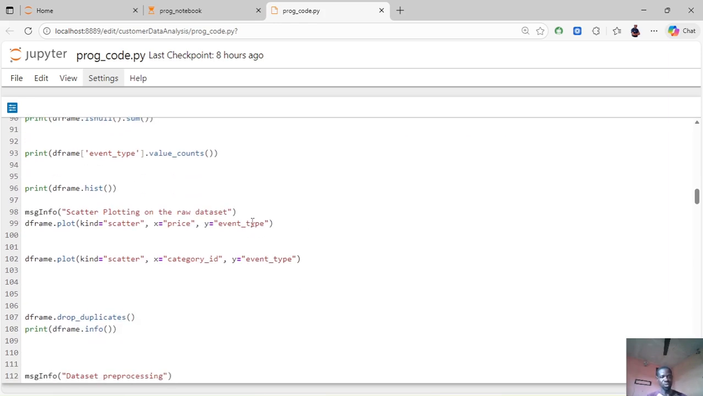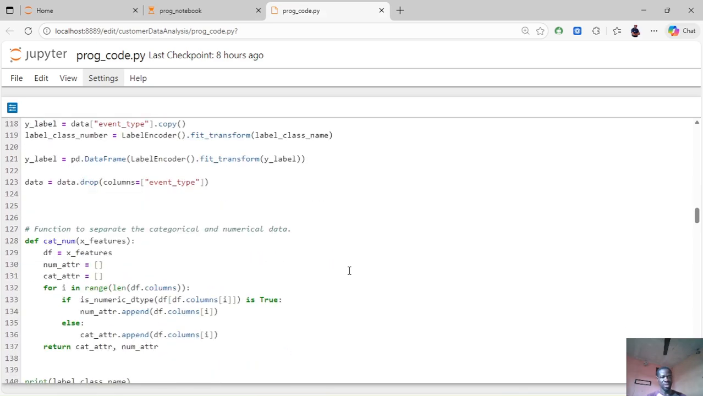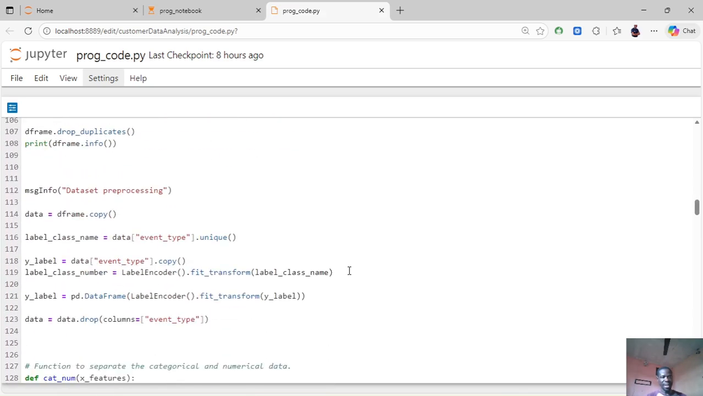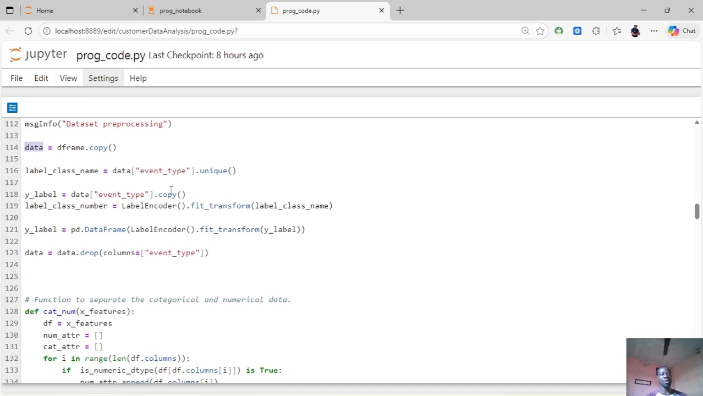Now if you come down here, to show this, we just plot the graph between price and events, in scatter form. Now let's come down here to quickly explain a little bit of our code. Here we just make a copy of the data frame into a new name called data. So data is now not the one holding the record of the first 2000, just to make sure that we don't compromise the former one. We work with this one first to see if